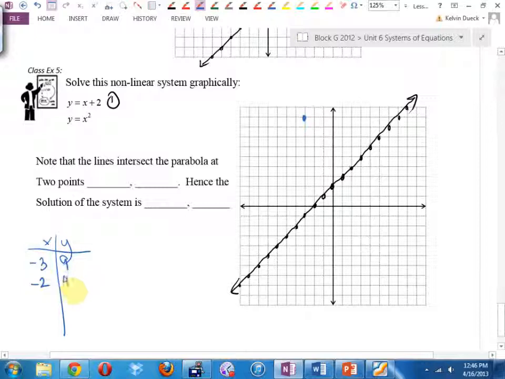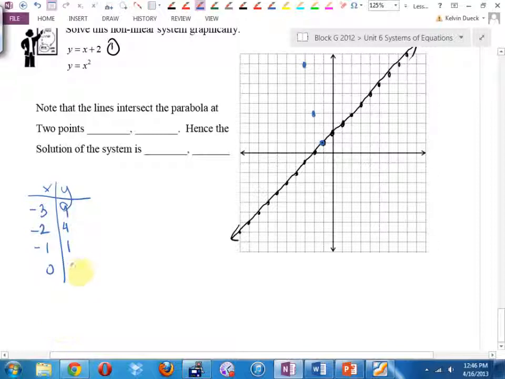4. Negative 2, 1, 2, 3, 4. What about when x is negative 1? What about when x is 0? Let's do a few more. Let's do 1, 2, and 3. What about when x is 1? 1. What about when x is 2? What about when x is 3? 9. So the blue graph